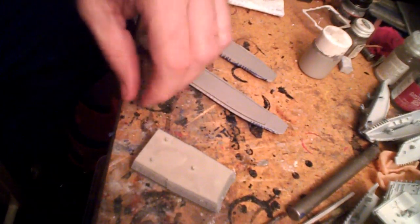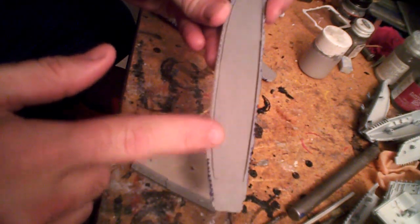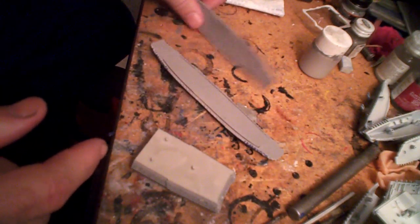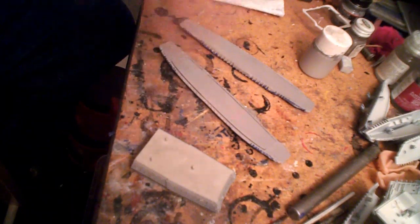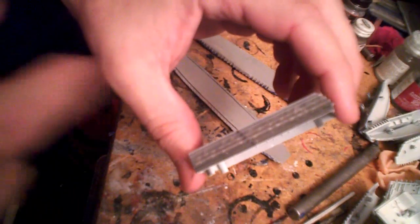Okay, still at it today. Got a little more done after getting the stuff outside. Gone ahead and given the flight decks a coat of gray and a coat of gloss, so I can go ahead and get the runway markings on them before I start dealing with assembling the flight pods. I've also taken the middle section of the alligator head, and though you can't see it too well from this side,